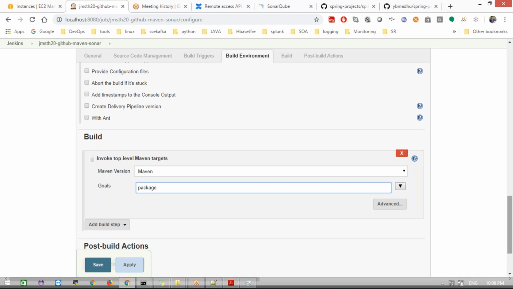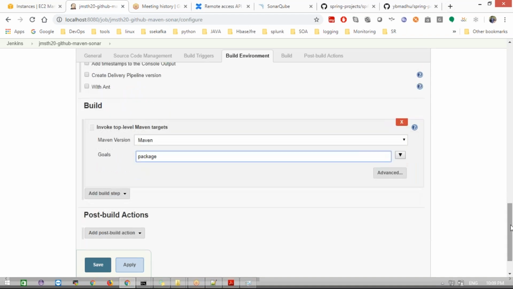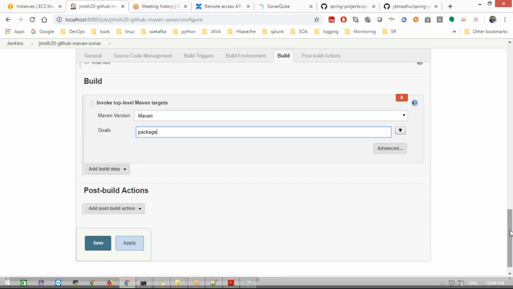Validate, compile, test. Then the next is package. The next is verify, install and deploy. After packaging, verify, and then if I need to install on any server, after verify we install on the particular servers, and then we go for deployment. If you want to deploy through Maven, up to package only I use in my real time also. Up to package only we are going to use.